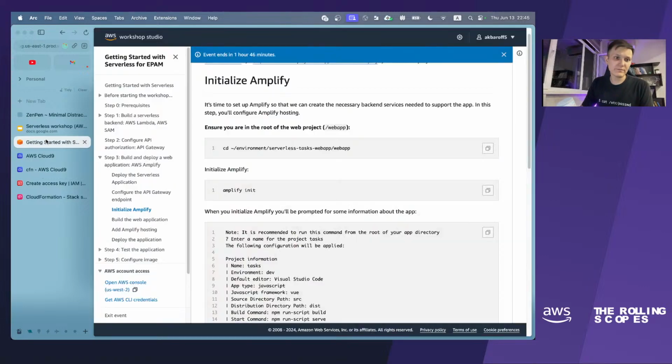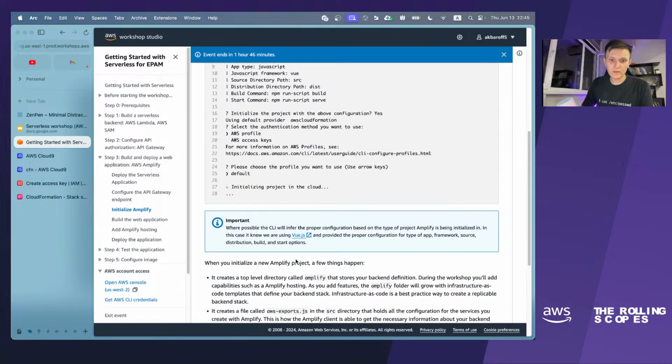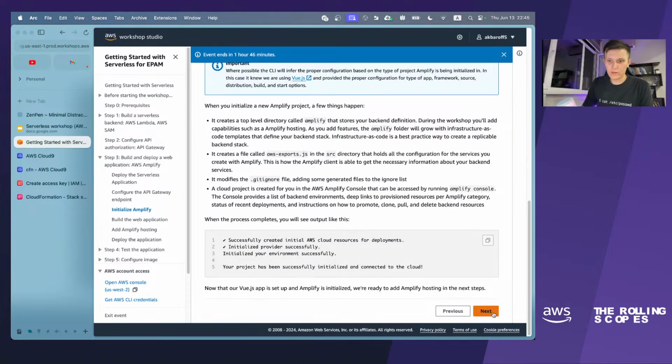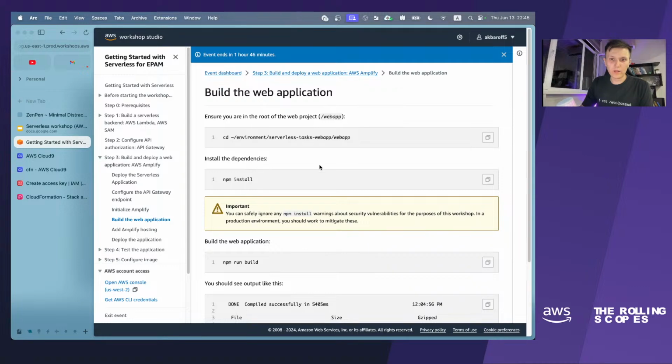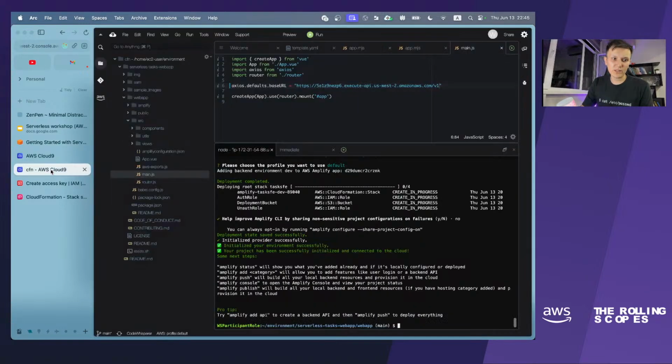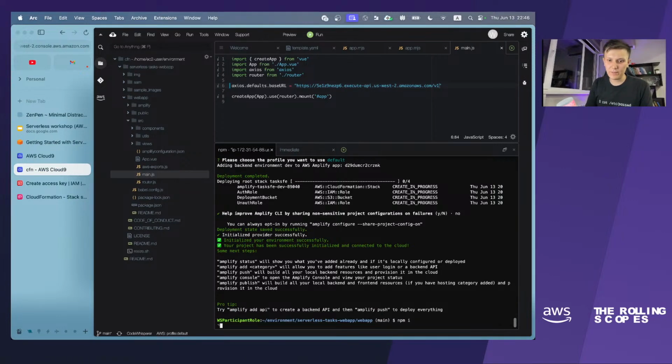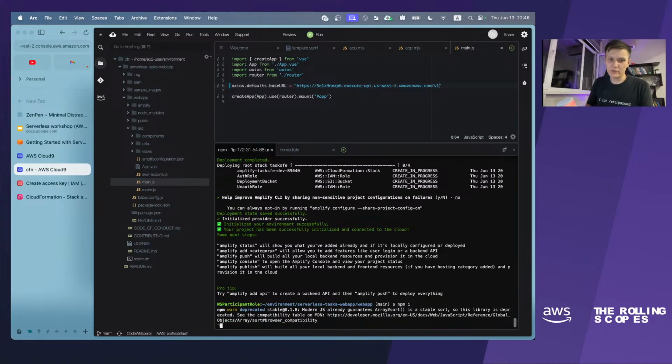What's next? We have done all of that. So now we have to build our front-end application. We have to install all the dependencies using the npm i command, which is basically a shortcut for npm install.